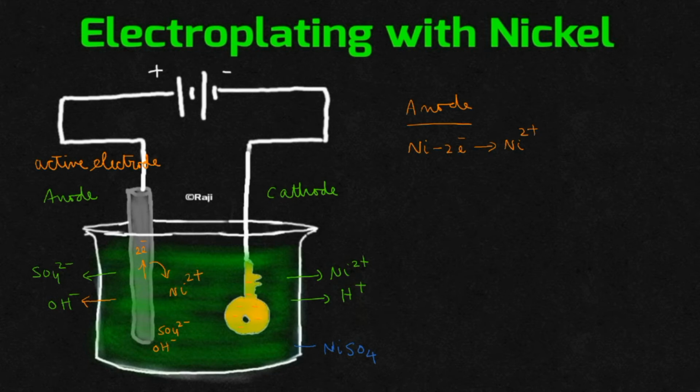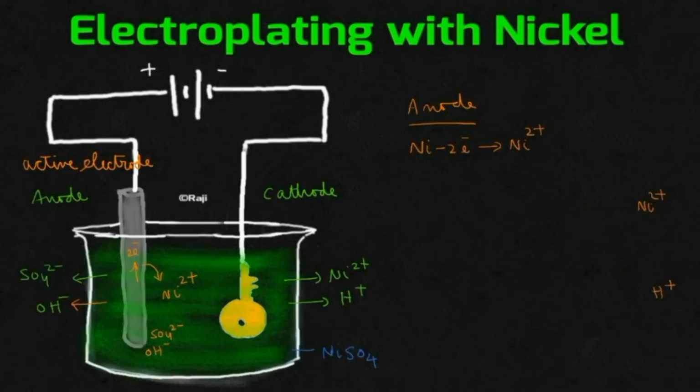Correct? What will be the reaction taking place at the cathode? Ni2+ ion is there, H+ ion is also there. Which will get a chance to be discharged? It depends upon so many factors we explained. If you check the position of Ni2+ ion in the electrochemical series in your book, you can see the position of nickel above and the position of hydrogen below. As per the position of ions in the electrochemical series, the ion occupying the lower position gets more chance to be discharged. So we will expect H+ ion to be discharged at the cathode.